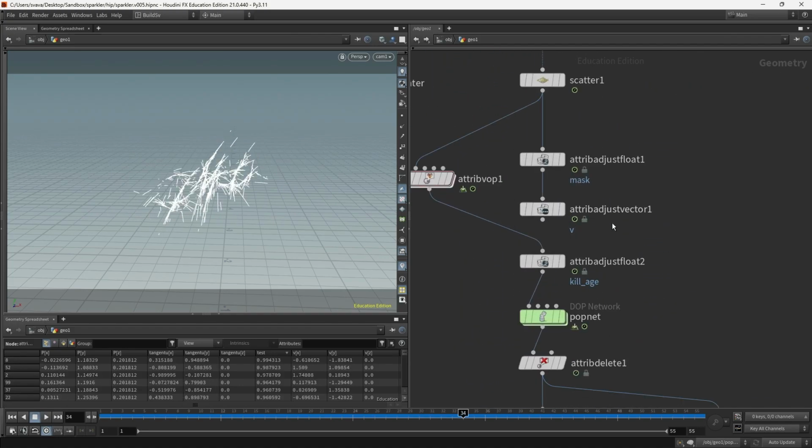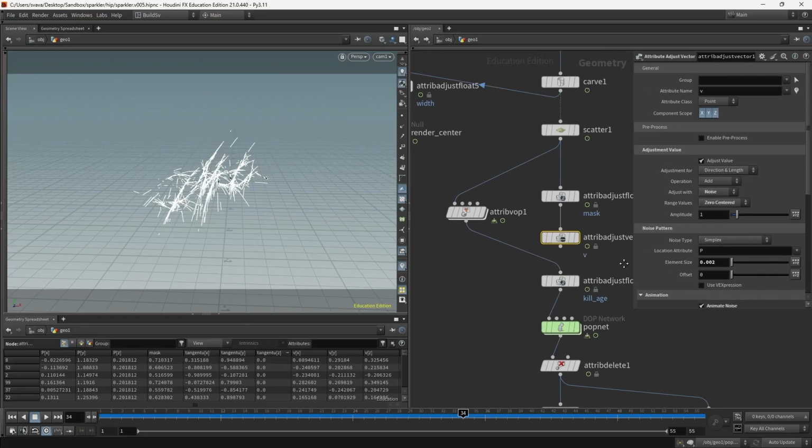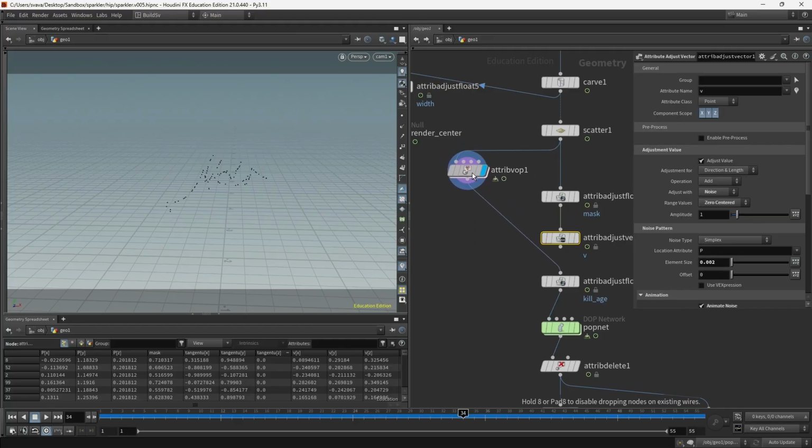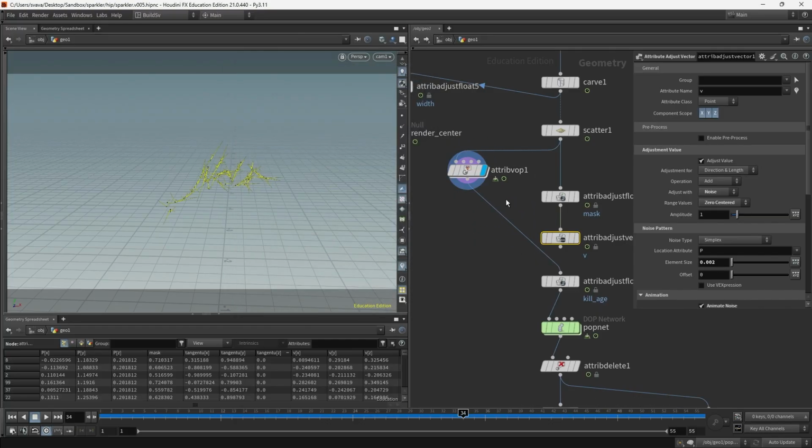Now let's bring back a little bit of this random velocity that we created before. So if we go up here, once again, visualizing the velocities. And if you take a look at this node, you can see that the operation is set to add. So this noisy velocity value is added to whatever velocity value existed before. Previously, we didn't have any velocities before. But if we just hook this one up to the tree here,